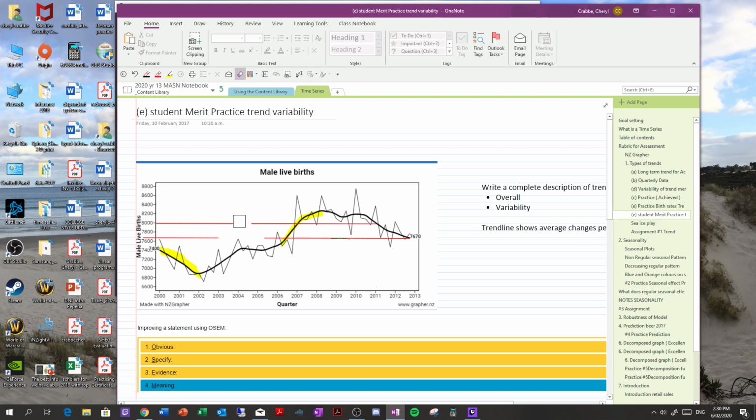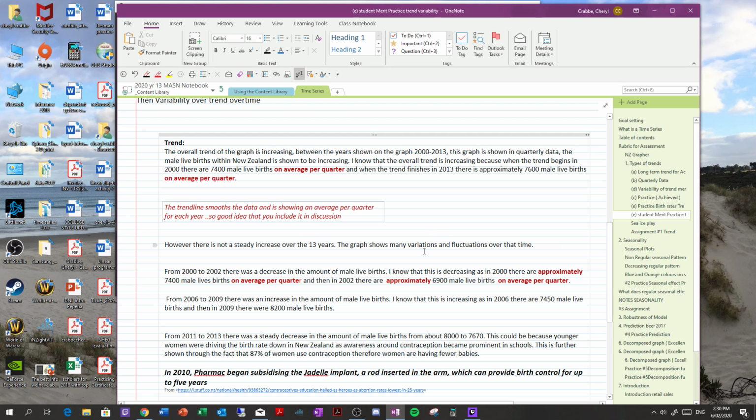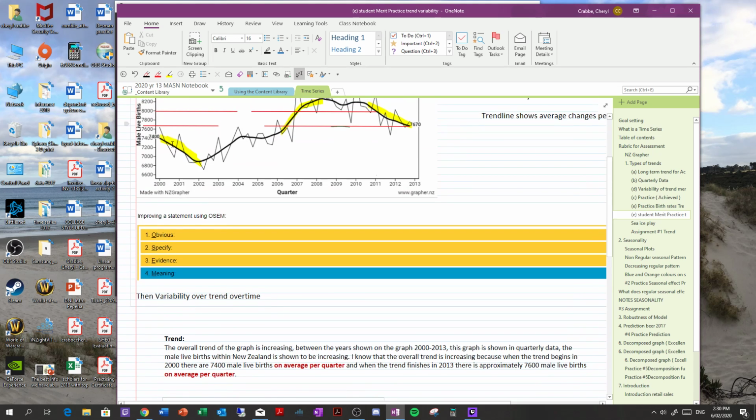Get rid of that. And I used that, and then maybe I use the steady decrease, because we're saying it's increasing, but there's a lot of times when it's not increasing. So you might want to use those 3 bits, but you need to use them in detail. So from 2000 to 2002, approximately here, we have a fairly steady decrease from about 7,400 to